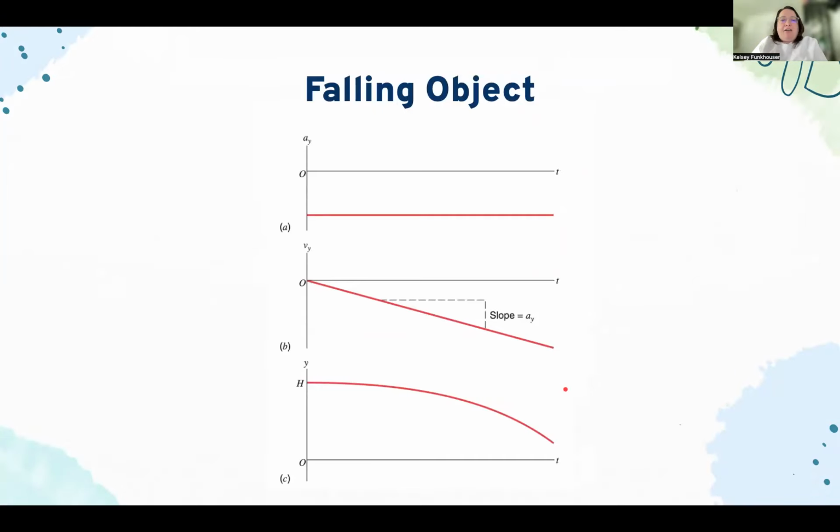And then a brief look at graphs for a falling object. Starting at the bottom, we have a parabola. Again, the position is at the bottom, velocity is the middle, acceleration is the top. We're looking in the y direction this time. So the position is a parabola, showing that the object falls with increasing negative velocity, and we can see that